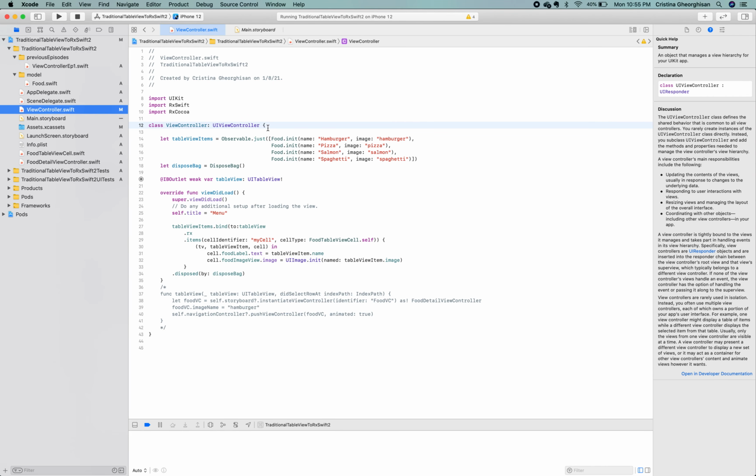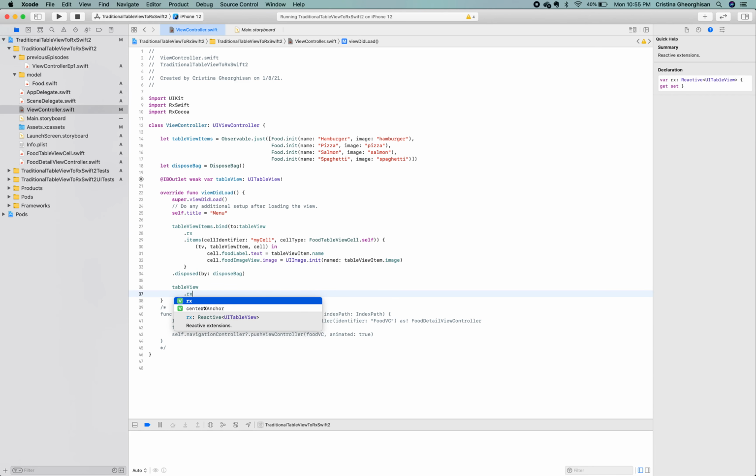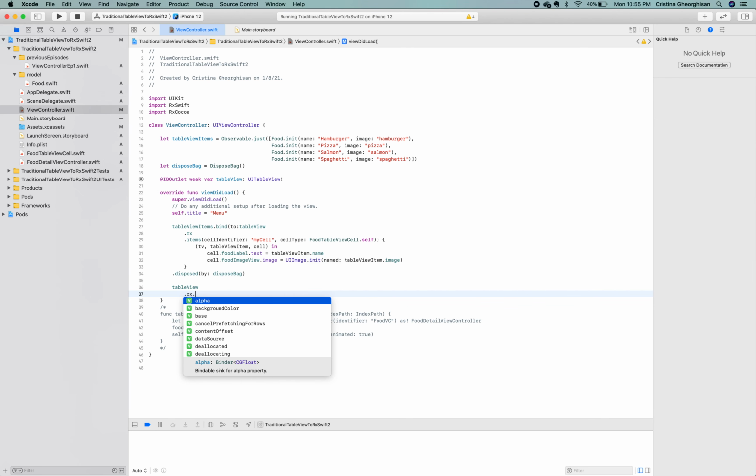For this, we use the Rx extension: tableView.rx, and we select the modelSelected method.